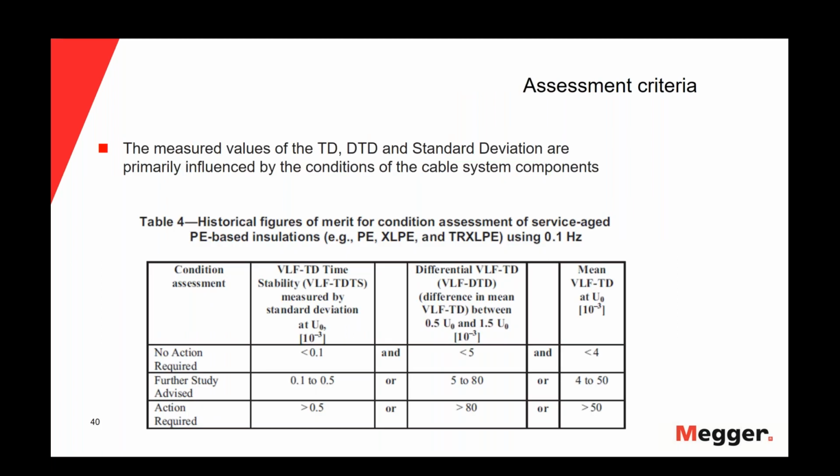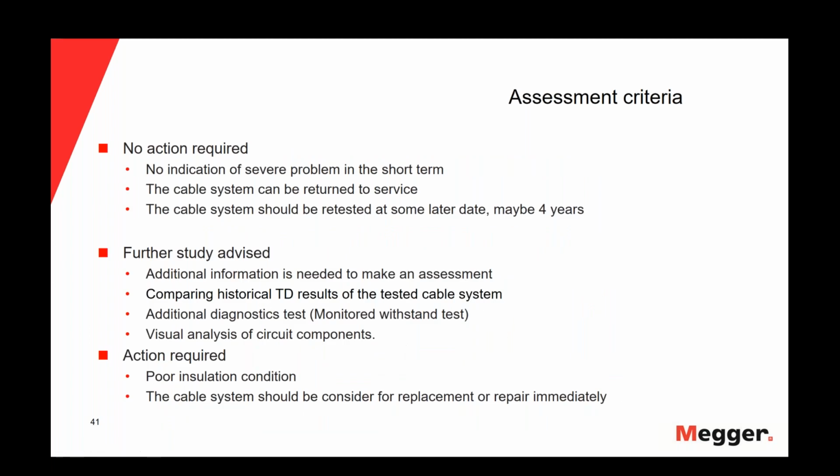Once we have finished the tan delta test, we can take the different condition assessment parameters and compare them with the respective table in the IEEE 400.2. In this case, we're seeing Table 4, which is for PE and XLPE cables. In this table, we have three different condition assessments: no action required, further study advised, and action required. No action required means there is no indication of a severe problem in the short term. The cable system can be returned to service, and it should be retested at some